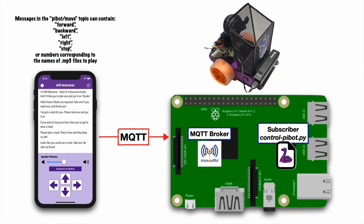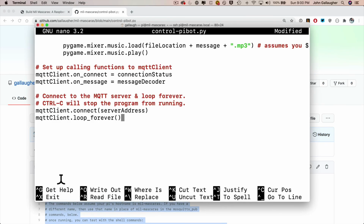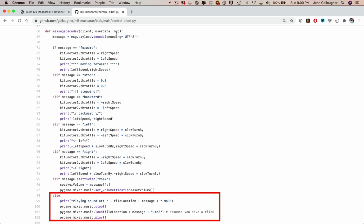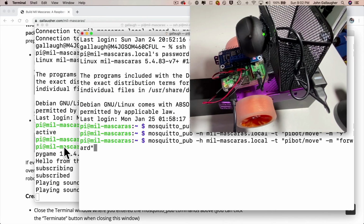Then we'll download the final Python program that takes commands that Mosquitto receives from the iOS app and translates these into robot movement, volume change, and playing sound. Once again, we'll copy and paste the program so that you don't need to write any code, but I will walk you through the blocks of code so that if you're learning Python or learning how we use MQTT, motors, or play sounds, you'll see examples of all of this that you can copy and modify in your own code for future projects. Then we'll test everything to make sure that Mosquitto and our code works fine on our robot,